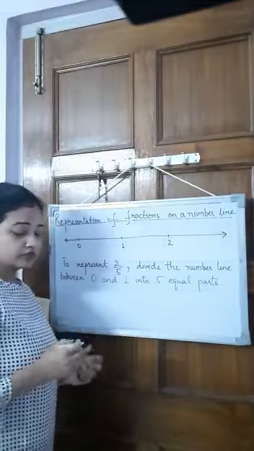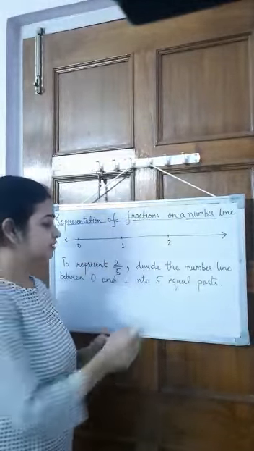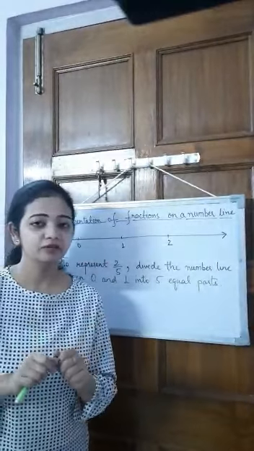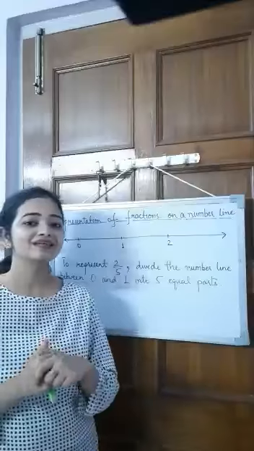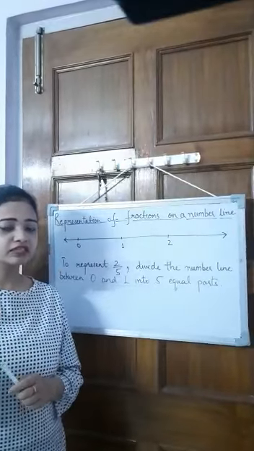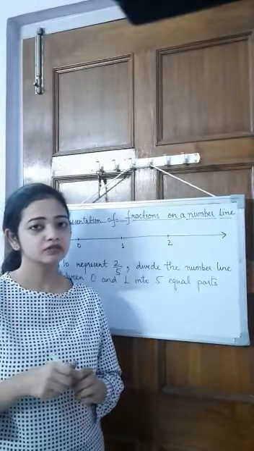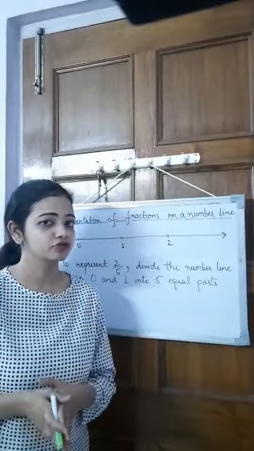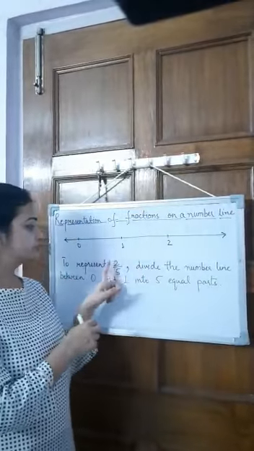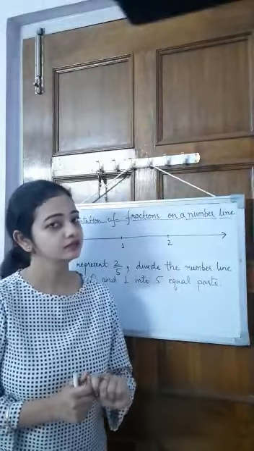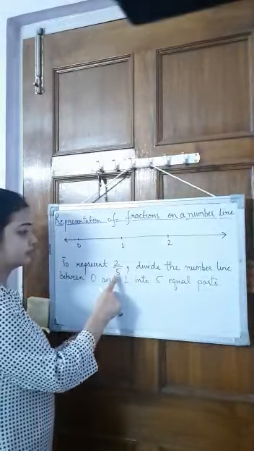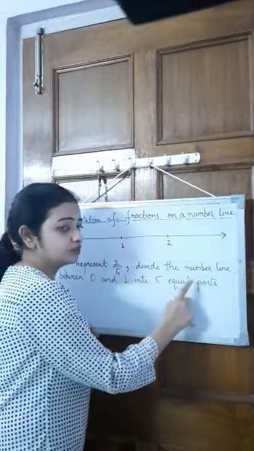Now there are two things that you can see. First thing is 5 equal parts. Now why 5 equal parts? Because we have this denominator as 5. So if suppose you have taken a fraction which says 2 upon 10, so this means you have to do 10 equal divisions. If you have taken any fraction that is 2 upon 7, then you will take 7 equal divisions. So here the denominator is 5, so we have taken 5 equal parts.